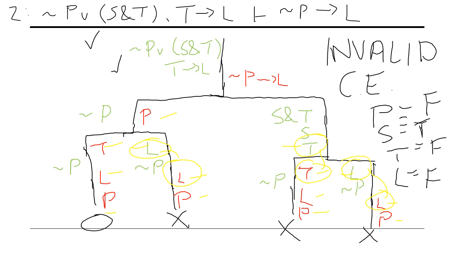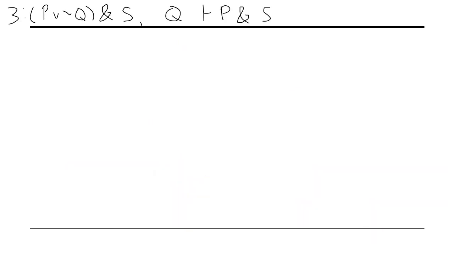Because again, we need a definite counterexample with truth values for each letter. But in this instance, because it doesn't show up in the tree, it just means that it doesn't have any sort of bearing on whether or not it is going to end up being valid. So, same process as before. I'm not going to circle the premises this time just because I always have to erase them. So to try to speed things up a little bit,